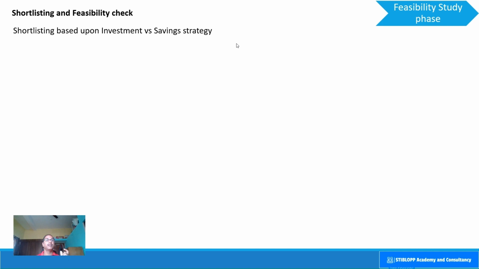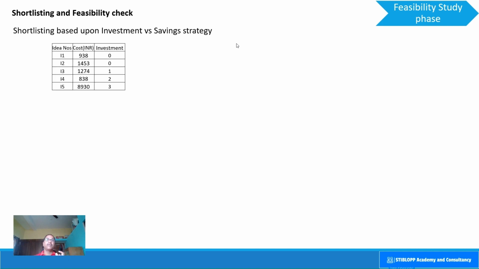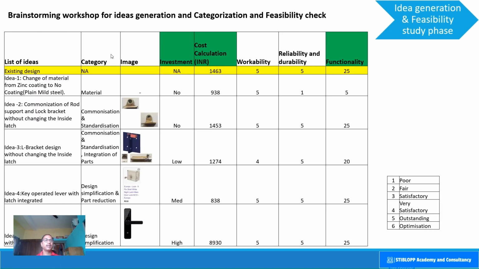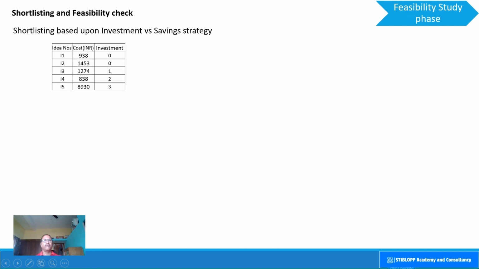parameters. So our first comparing parameter is the investment versus saving strategy, or the cost strategy. I have just given one as a low investment, two as a medium level investment, and three as a high level of investment. So this is the result of the previous table. Zero means no investment at all, because for idea one and two, we don't need any investment at all. Whereas idea three, four, and